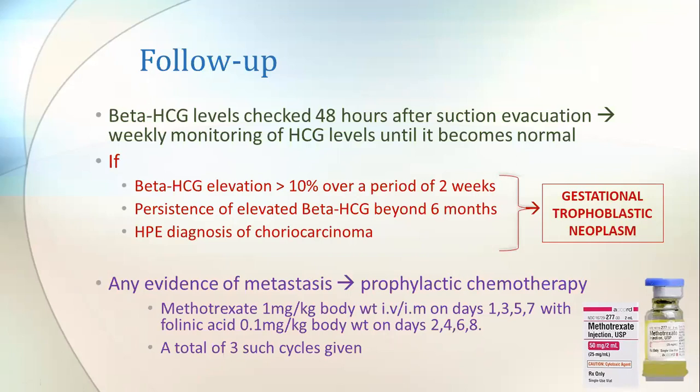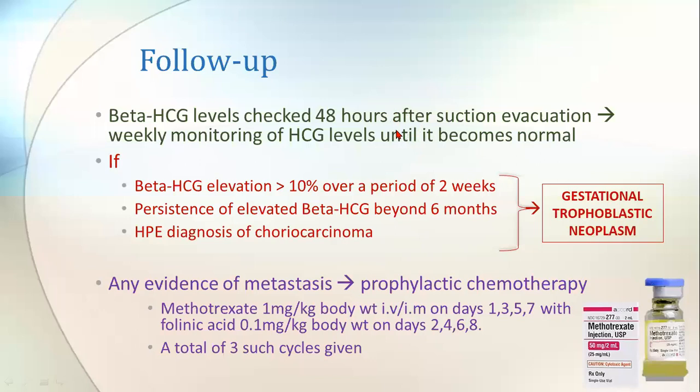They should decrease in the beta-HCG levels by less than 10%. Weekly monitoring of HCG levels should be done up to 4 to 6 weeks till they become normal. After that, monthly once for 6 months should be done. It is a normal process, and there may be a decrease in the beta-HCG levels and also in the molar pregnancy and its complications.